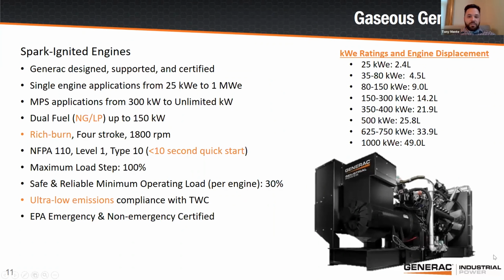So again, touching base on the industrial natural gas offerings we have, you can see the nodes on the right. We do offer natural gas or propane, so a dual fuel solution or just a propane solution, up to 150 kilowatts. That would cover quite a lot of applications. And then, as Doug mentioned before, if you want to parallel multiple units together, we can hit larger nodes just by using more smaller units.